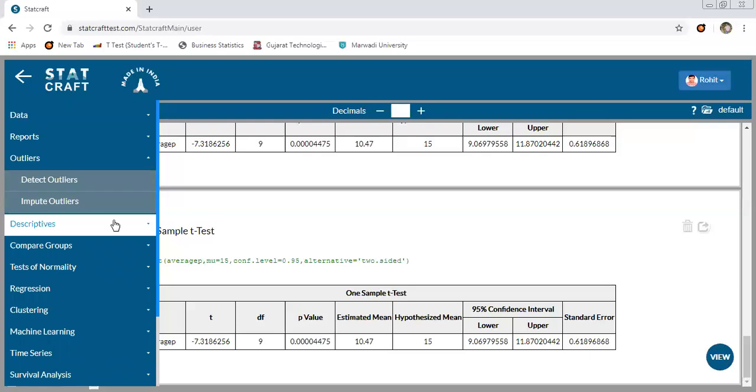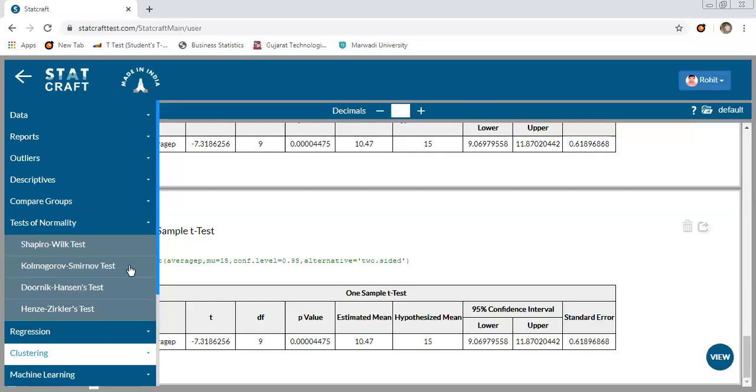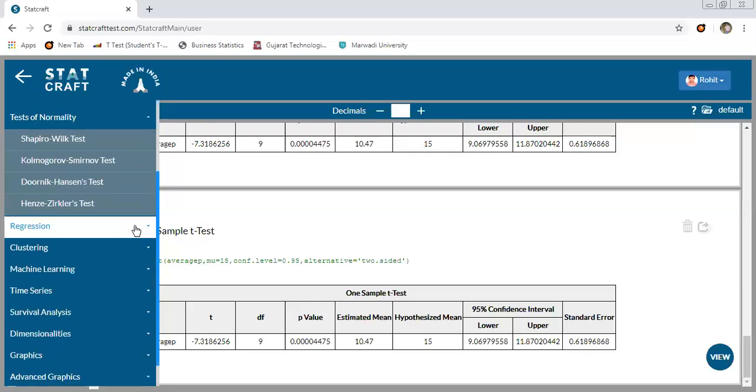We can do descriptive tests, that is, we can count frequency, and mean, median, mode can be computed. We can compare groups, so parametric and non-parametric tests can be done. We can test our data for normality, such as the Shapiro-Wilk test, Kolmogorov-Smirnov test, and all the tests are available. We can run regression.